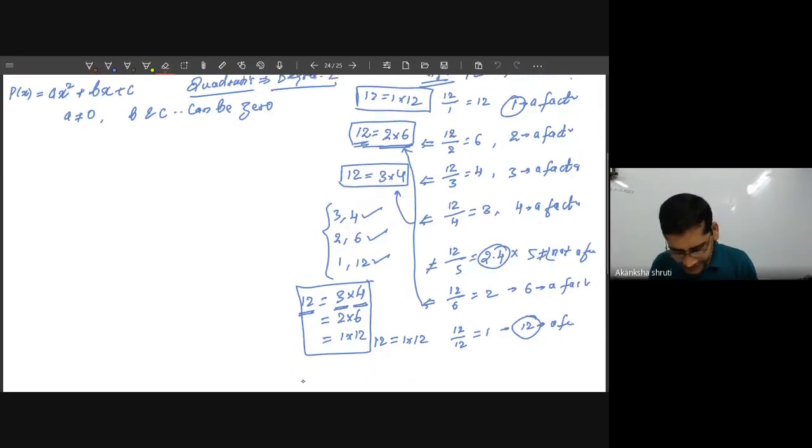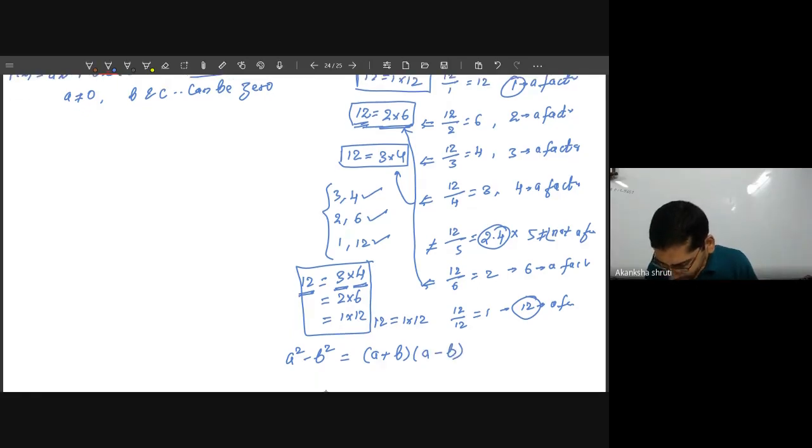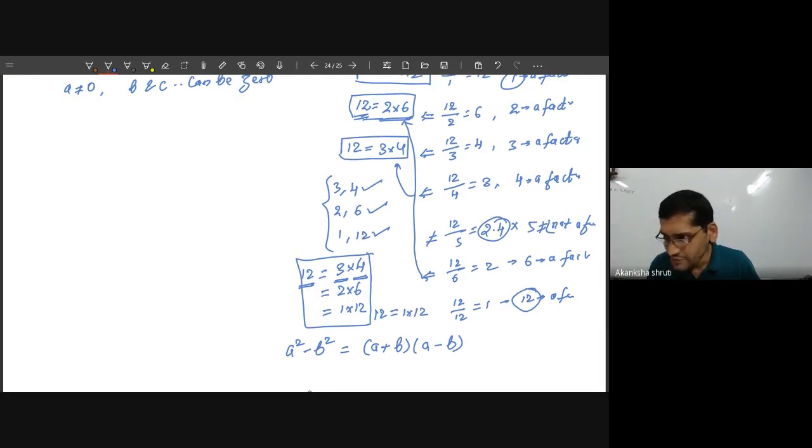Example, what we were using, like say a square minus b square. This is the expression. What we were writing by applying the identity, a plus b and a minus b. Students, observe it carefully. Here a square and b square means the power of a is 2, the power of b is also 2. So it may be a variable like x square minus y square, it is also possible. Then I can split this as the product of two terms. It is one term, and the second term.